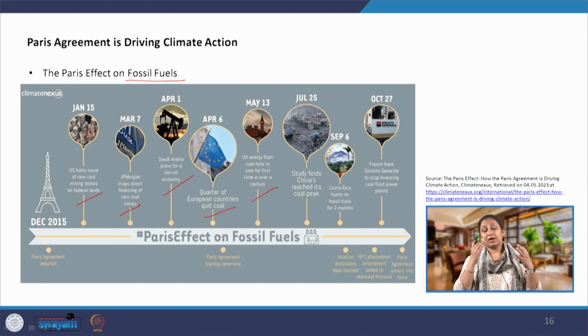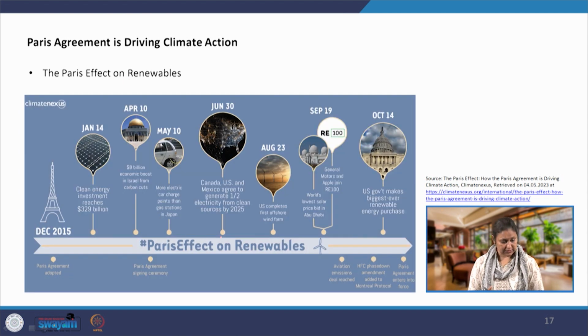So, gradually more and more countries are working on policies where they are directly reducing the emissions. They are stopping funding of projects which will require burning of fossil fuels such as coal. If we are talking about renewables, on one side we have to reduce the greenhouse gas emissions, but we do not have to compromise on the quality of life and development by reducing the amount of energy that is available. So, the option is one, to reduce the conventional fuel consumption, and the other one is to fund the